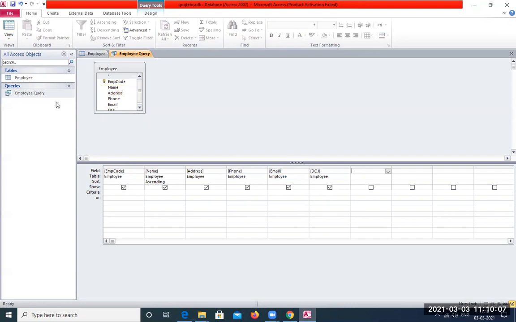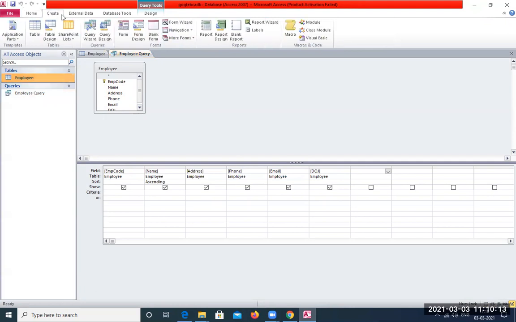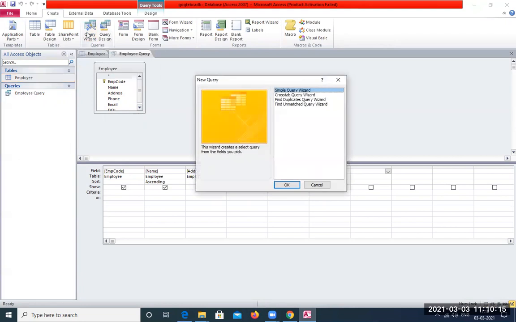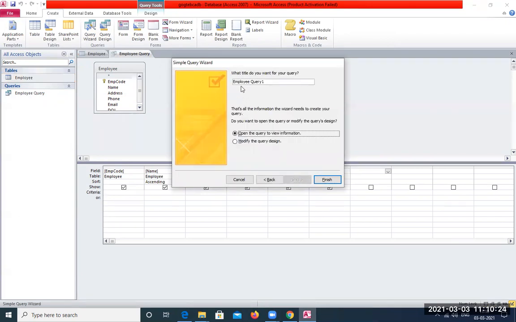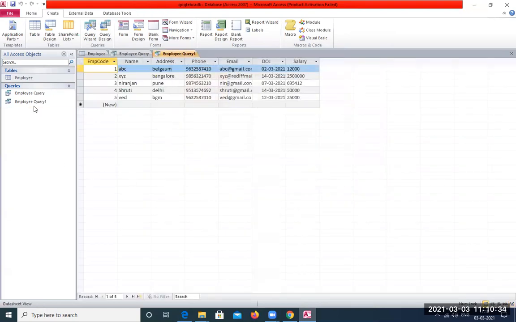We are going to select our table, the employee table, go to the create tab, click on query wizard, simple query wizard, say OK, add up all the fields again, click next. You can see here the name has now been changed because we already have a query, employee query. To avoid clashes, it automatically renames it as employee query 1. Click finish. Now a new query is created.